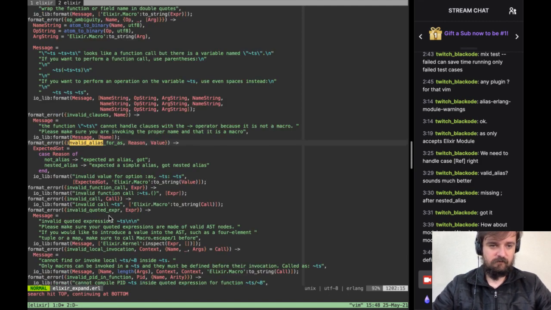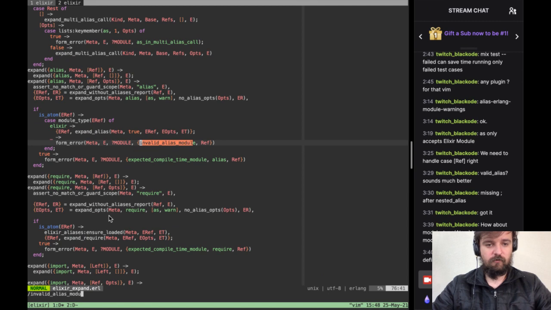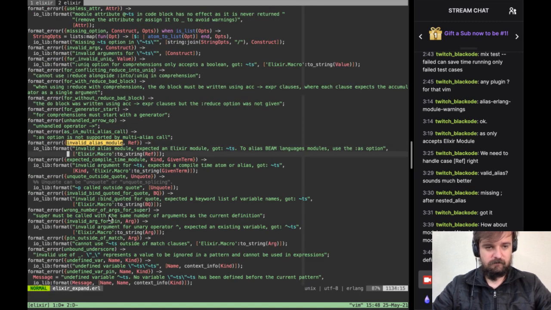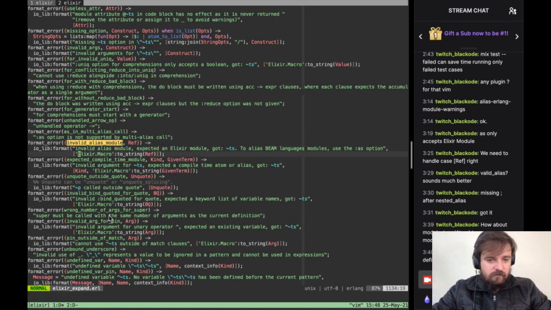Invalid alias module. I'm trying to convert the ref to string. It's a macro to string. Our argument for kind, expect a compile time atom or alias got